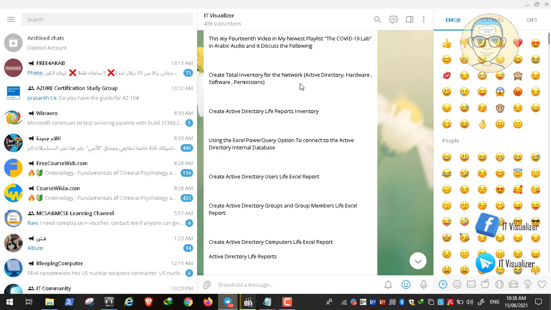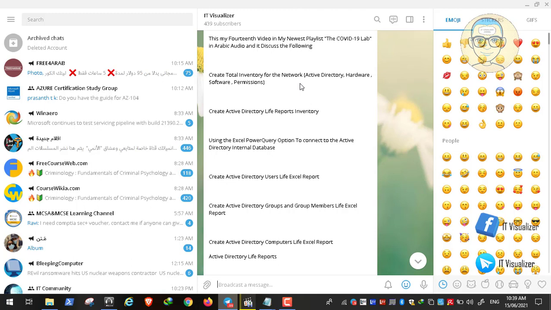This is the database of the Active Directory. This database contains all of the information we need to create useful reports. For example, we will use Excel to create a report with all of the users in the domain, their first name, their last name, their username, the last login time on the PC, their email, their mobile number. All of this will be created using Excel. And by the way, these reports will be updated instantly. So if for example you go to the Active Directory and delete a user, this will be reflected directly in